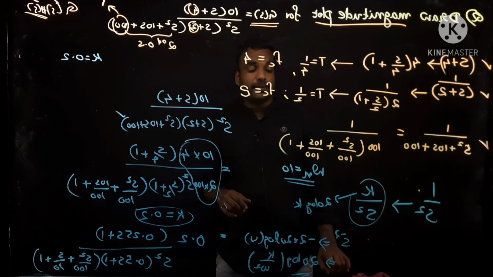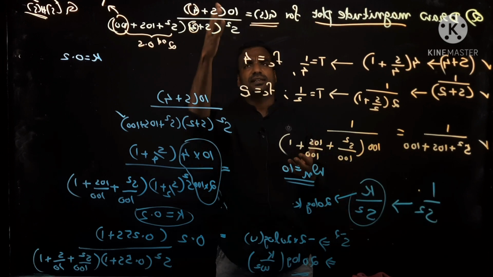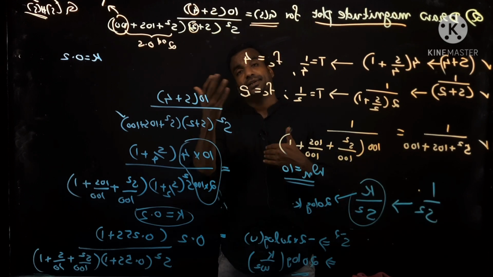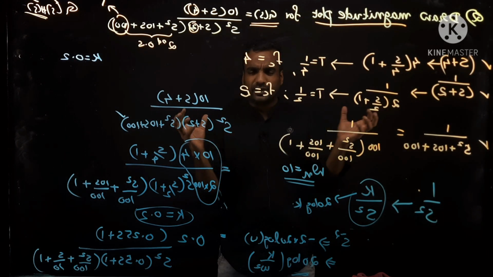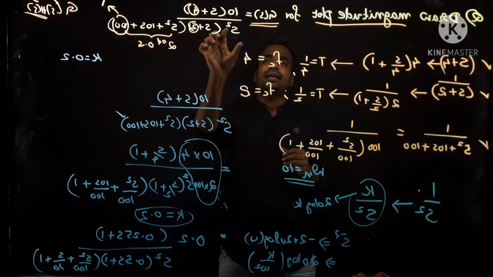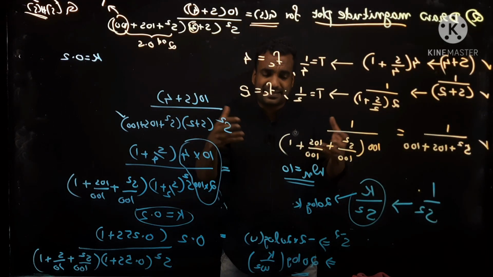So take k by s square, or a constant by the integral or differential term. If s square is in the numerator, then you have to take k into s square, or k into s, or k by s cube. Mix these both terms together, the constant term and the s term. The s term may be in the numerator or in the denominator. Anyhow, you can mix it like this.